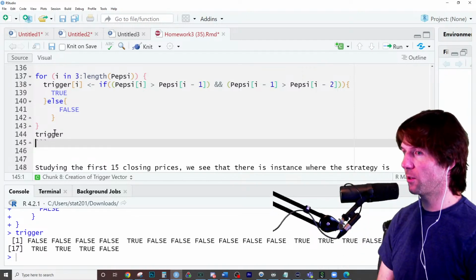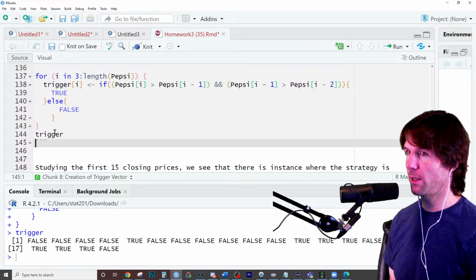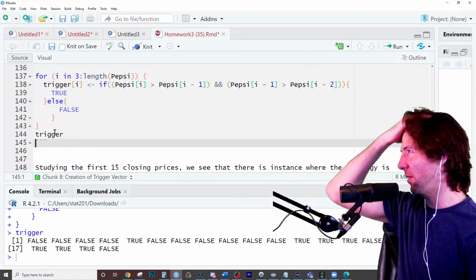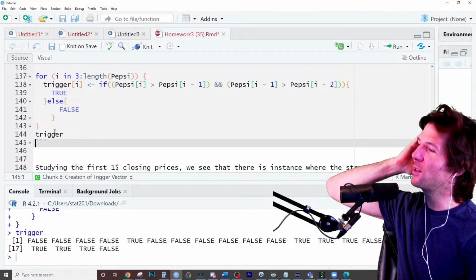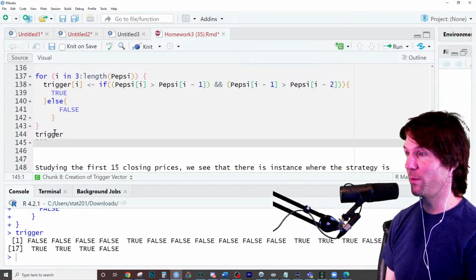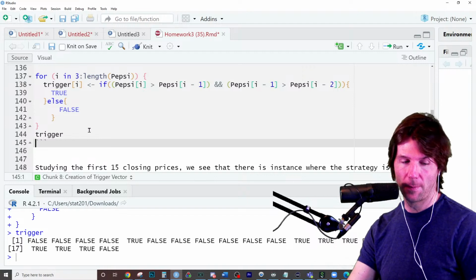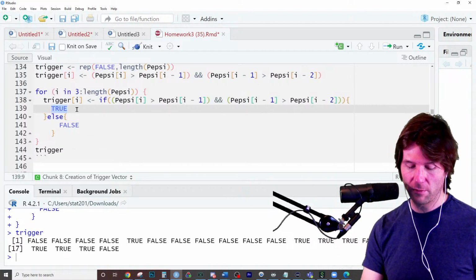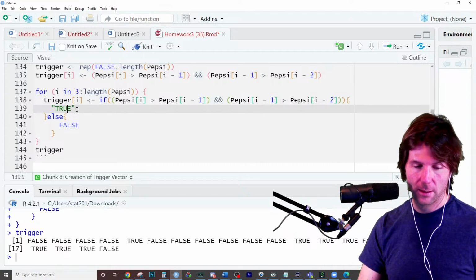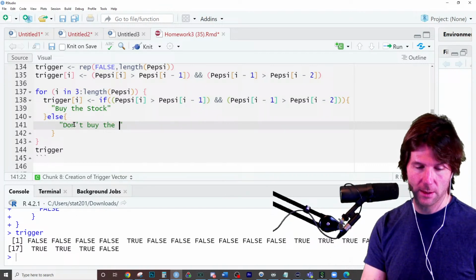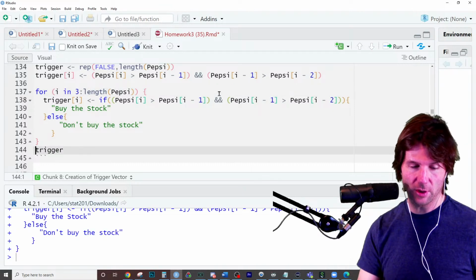Yeah, there's just so many. This is why, when we code stuff right here, there's so many ways to do things. Sometimes you can do it without. I'm trying to think if there's a way to do this with an if else. I think this is one of the ones where you can't use an if else. So I'm bummed because, you know me, I love my if elses. But you could run it right here. If this condition is true, then store true. Because you could even put, like, buy the stock. Else don't buy the stock. So you could instruct somebody right here.